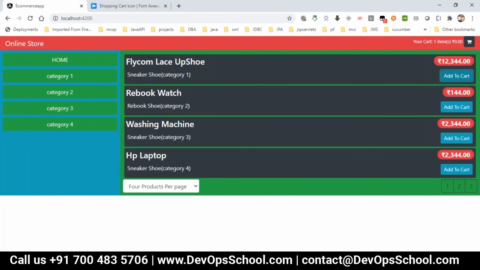Whenever you click on it, it says your cart has one item, but why is the price not showing? Add to cart should display the price. Maybe I have done some calculation wrong. Yeah, it is showing one item, but 0.0 is coming.